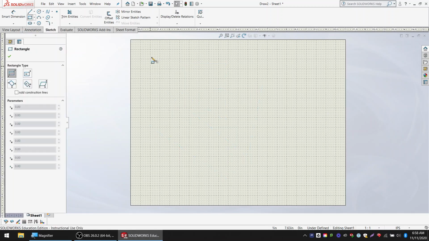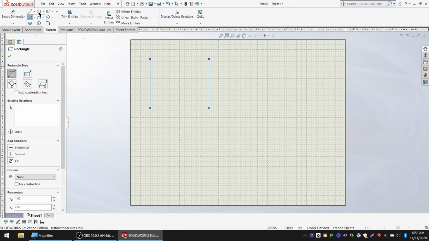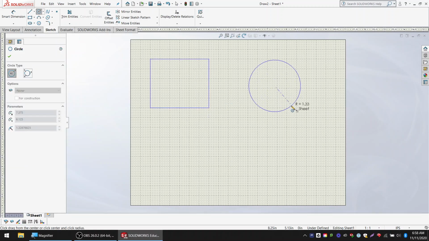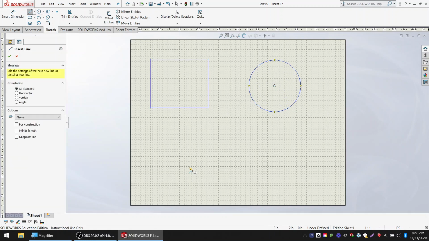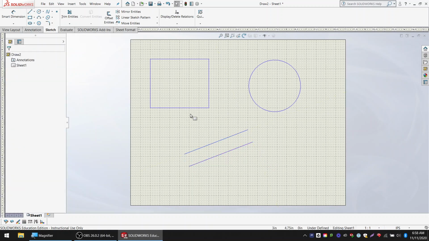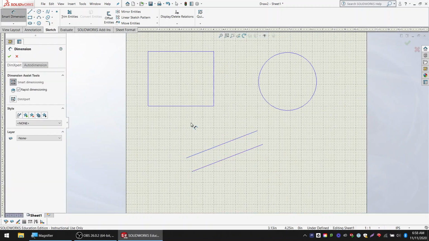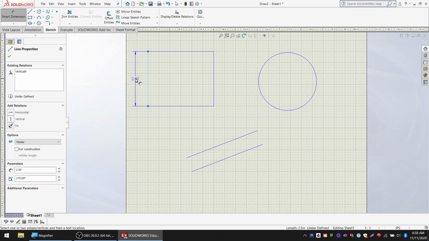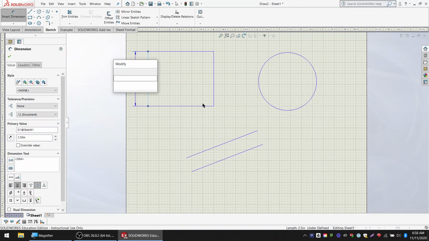The most helpful tool in here is the Smart Dimension tool. So I'm going to draw a few shapes here to show some examples. The Smart Dimension tool allows you to measure out shapes without having to make the lines perfect the first time. So if I wanted to measure the size of this rectangle, I can click on the side, move my mouse over,